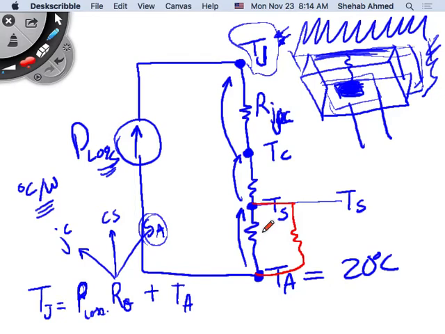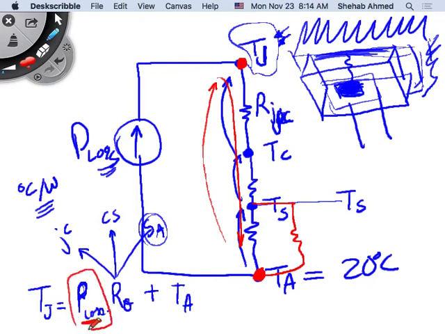So sometimes you don't need it because the power loss in the device is minimal, right? If the power loss in the device is minimal, it's not going to cause the temperature to rise because the power loss is this current. If this power loss is very small anyway, the current is small, fine. This is a big resistance. This is a big resistance. Even if these are big resistances, the power loss is very small. So the temperature here will be low, right? The temperature is equal to the ambient temperature plus the drop across these resistors, right? Which is due to the current, the current analogy, which is the power loss, multiplied by the sum of this